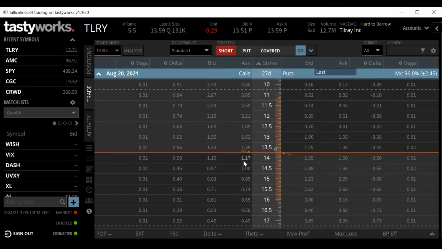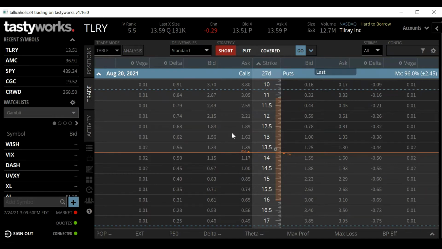Now, the good thing about options is that we can utilize these to participate in moves that are going to be way cheaper for us. So instead of buying 100 shares at 13.50 here on Tilray, we can buy a $14 call option for $100. And if we get a dollar move in Tilray, we're going to go up obviously a dollar, but it's going to cost us a whole lot more to participate in there. It's only going to cost us $100 to gain $50 on a dollar move, whereas it's going to cost us 13 hundred dollars for Tilray shares to gain that $100.